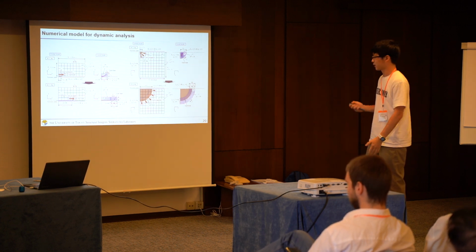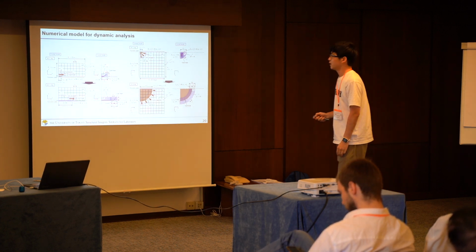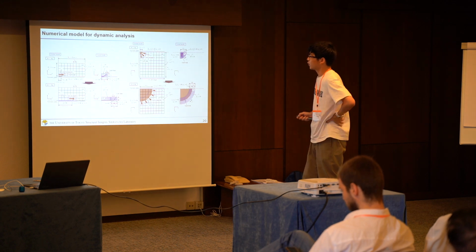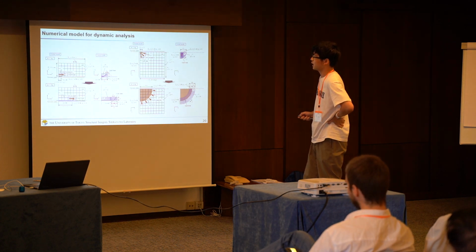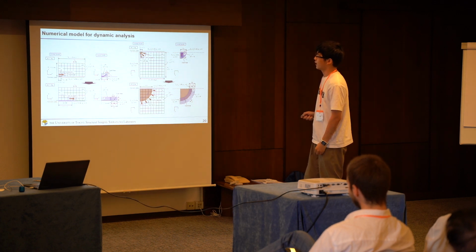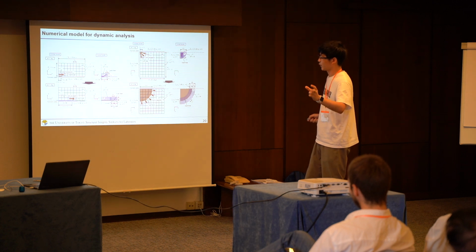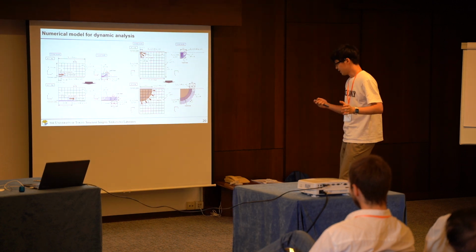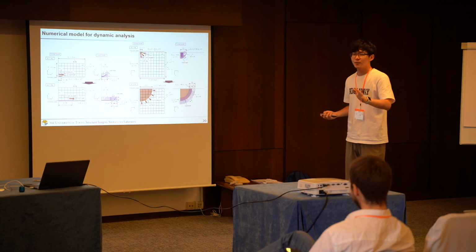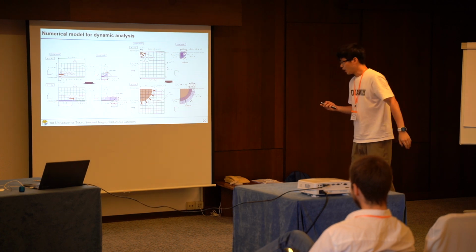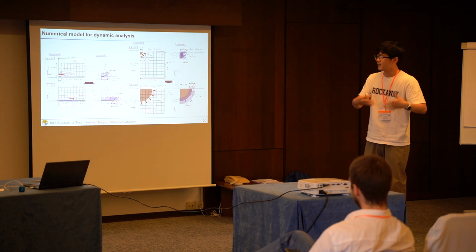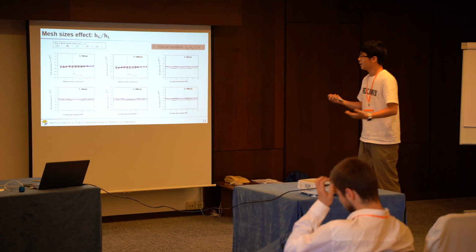Next, these are the global mesh, local mesh, and the boundary conditions we used for the dynamic analysis. In order to establish this mesh, we need to determine the length of the global mesh, the local mesh, and the height, and then the length of the crack or the length of the ligament. So in order to determine the optimal condition for calculation, we also do many similar calculations based on different